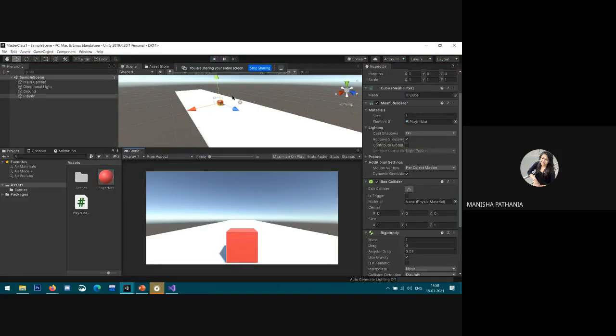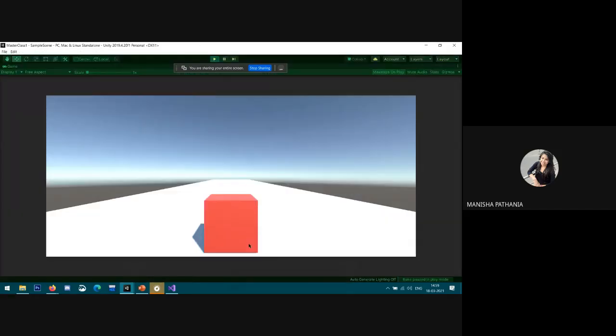So till now, we made our cube fly forward by adding a force. Now a primary issue with this is our player doesn't stay on the ground. See, it doesn't stay on the ground. He just starts rotating and jumping and goes crazy. So one way to fix this is to go to the player, find the Rigidbody and add some constraints.